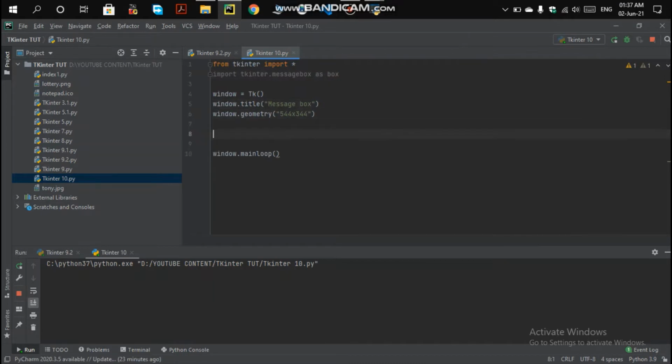So we are here with the functionality of the message box. First of all, we will create a button here, so that after clicking that button we can see some functionalities. And before creating a message box, let me tell you something more about the message box, what type of message box you can create, and this type of functionality.